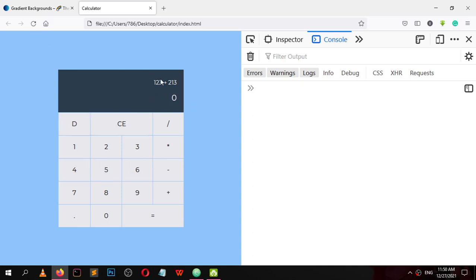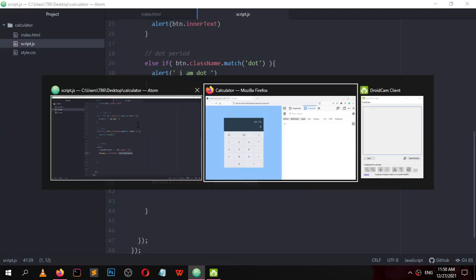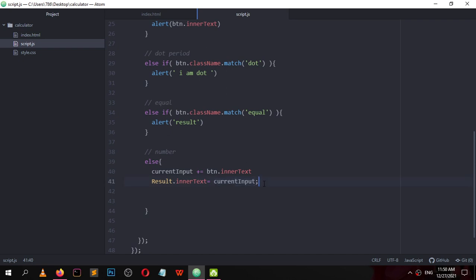Let me reload this. This is current input. Now we need to check if operator is equal to empty string and second input is also equal to an empty string.